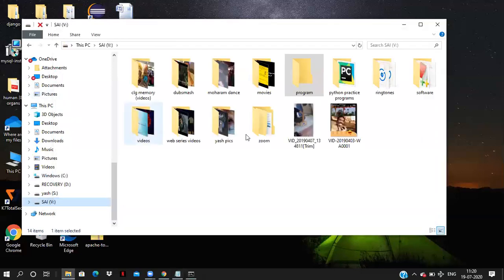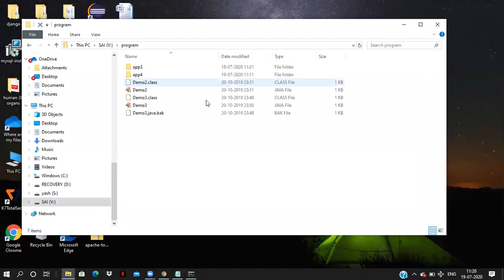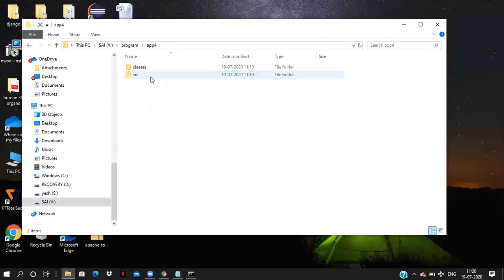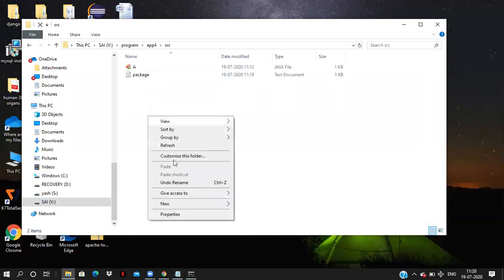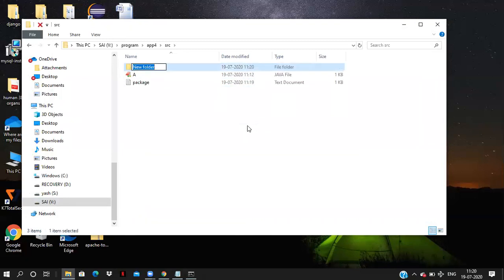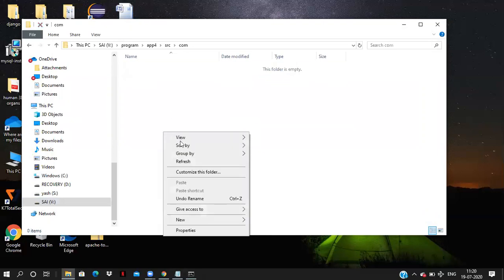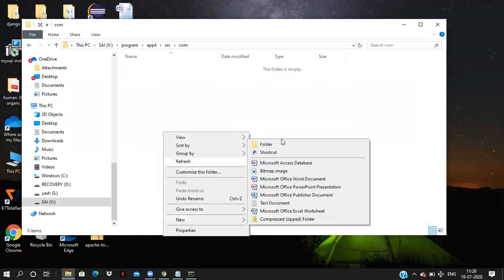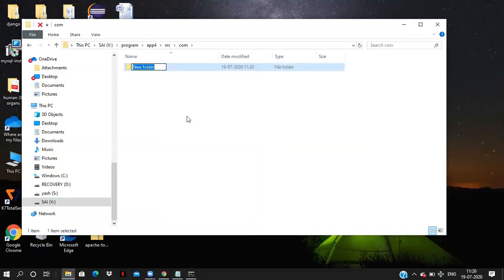Creating any program in the packages. Package means folders. Go to the SRC. I'll create a new folder. Inside SRC, I'm creating com. Inside the com, I'm creating VKR. Inside VKR,